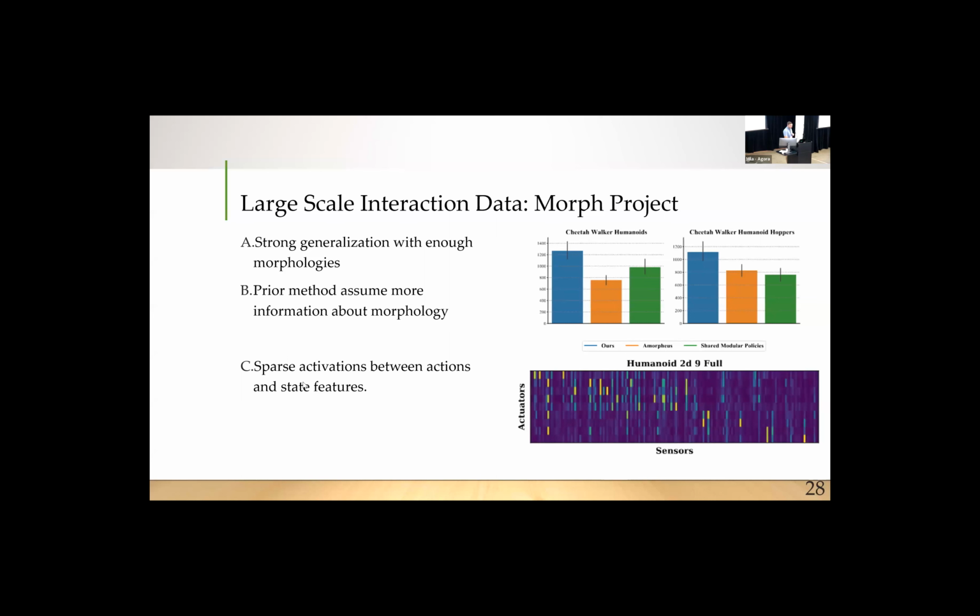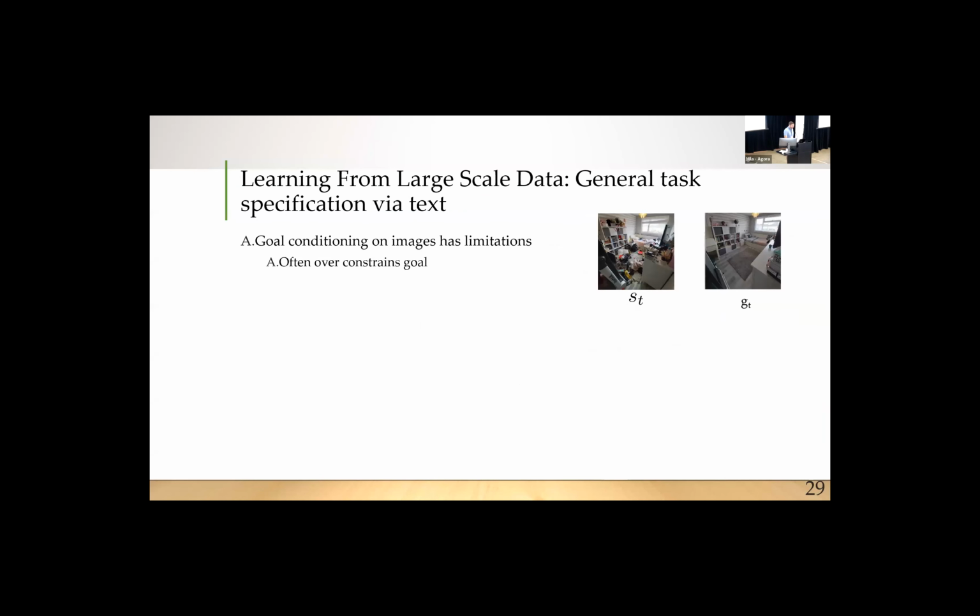And we're also starting to see, if we look at some of the stuff in the transformer model, that it's learning a very sparse attention. So it is figuring out which joints actually connect to other joints, which ones you can ignore, and which ones end up being important for the actual actions that come out of the model. So it's essentially learning that wiring system for the robot's design internally.